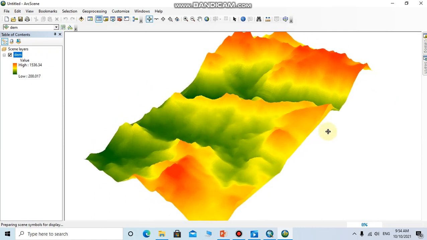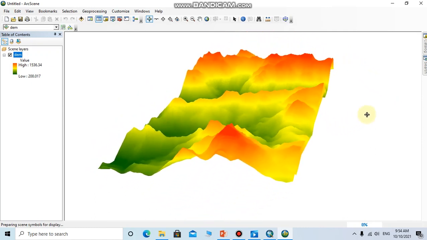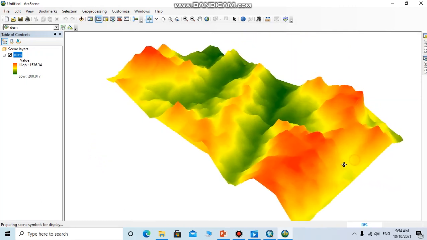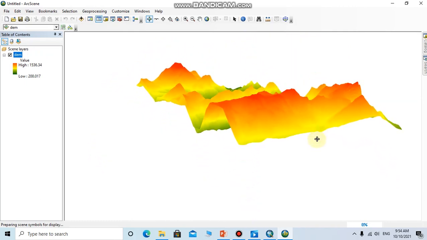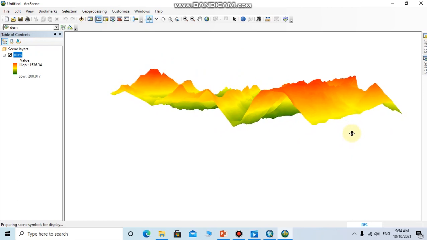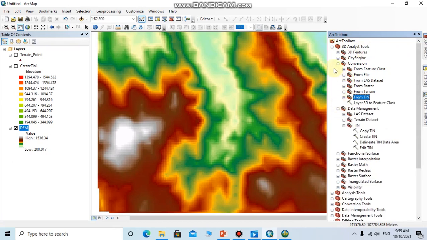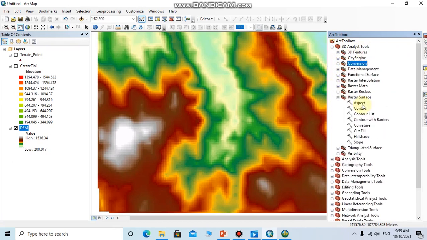By rotating this model, you can clearly see the high elevation areas and low elevation areas properly. By using this DEM, we will be able to create many kinds of raster surfaces. Once you browse the Arc toolbox and 3D Analyst tool, then go to Raster Surfaces. Now you will be able to see there are many raster surfaces which are essential to our analyzing procedures. Here, I am only showing you how to create a slope raster by using the DEM.